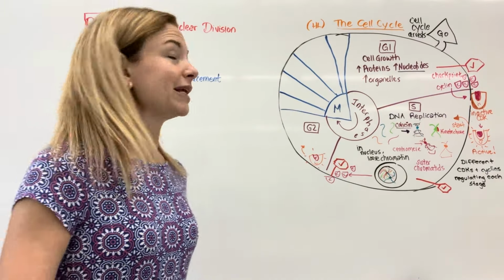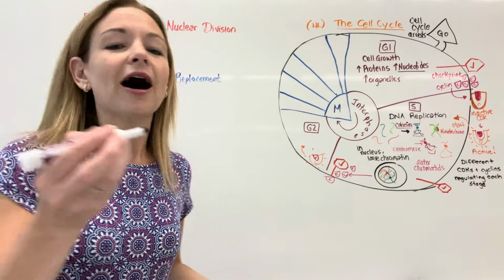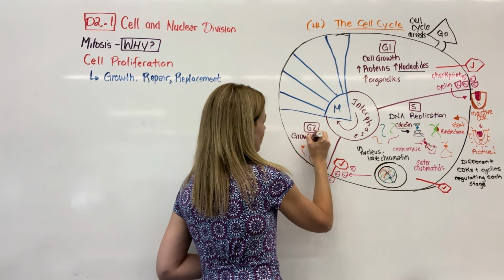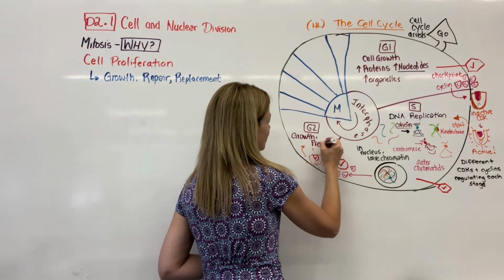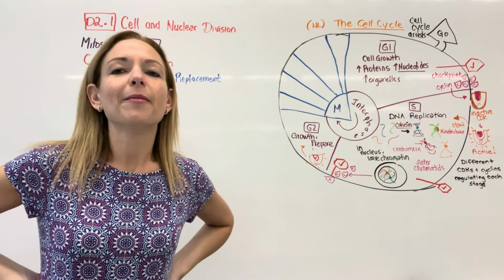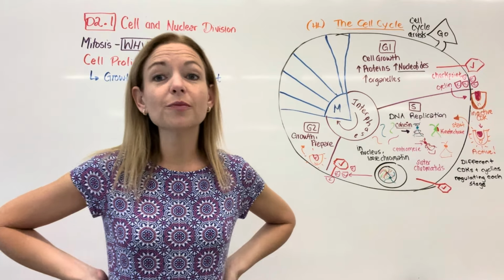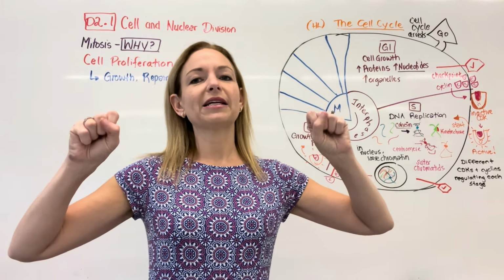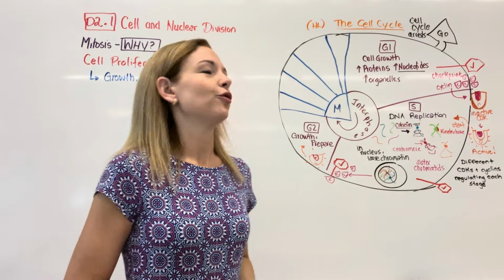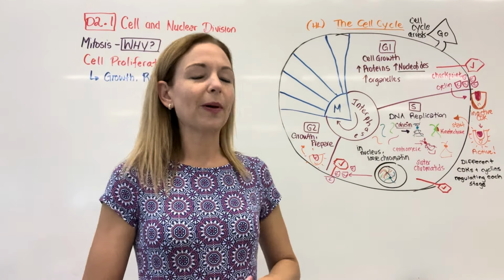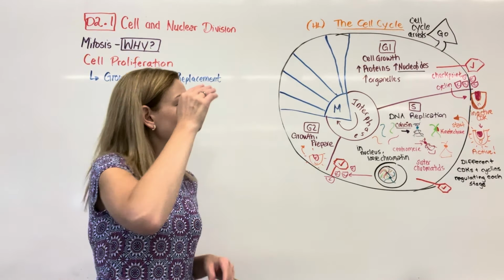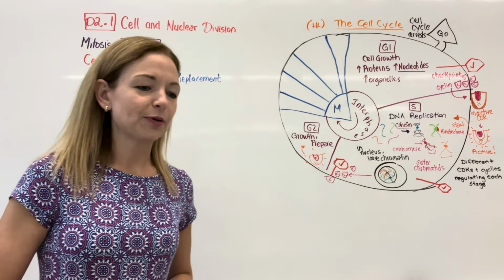You don't really need to know anything about G2, which is great. It is more growth and more preparation. More organelles are made, so this is where there's further extension of organelles, and there's some things happening with the centrosomes. The centrioles are joining together and starting to cluster and become visible. As long as you know grow and prepare, you don't need to worry too much about G2. Know it's there, but really need to know G1 and S pretty well.